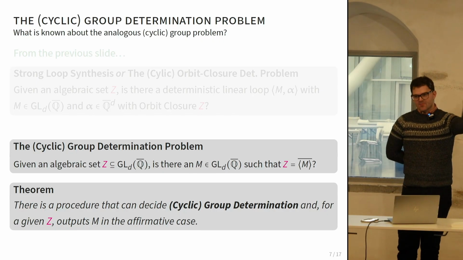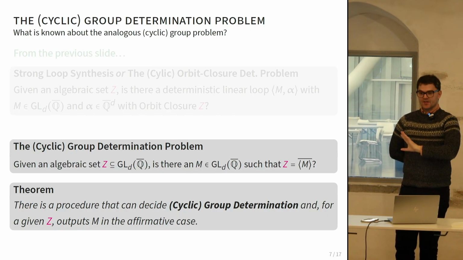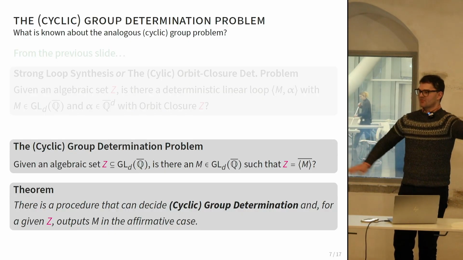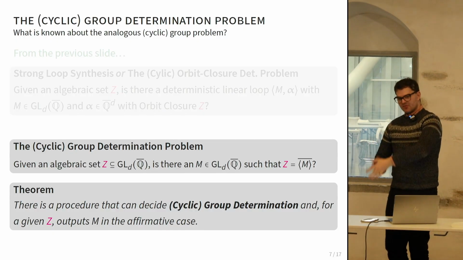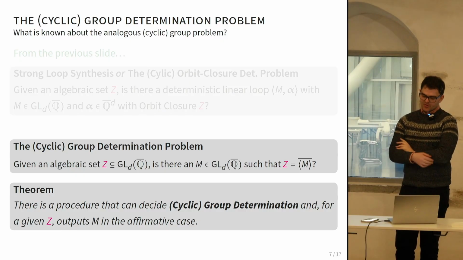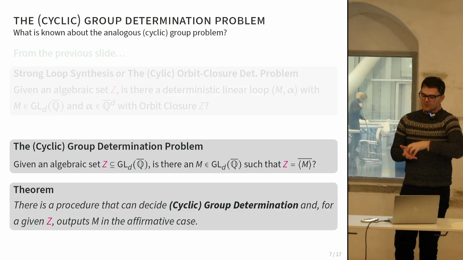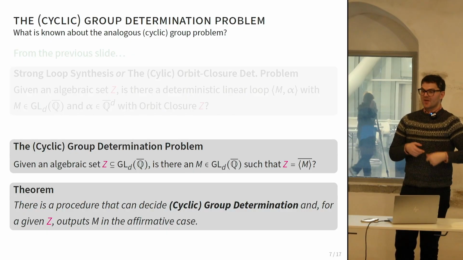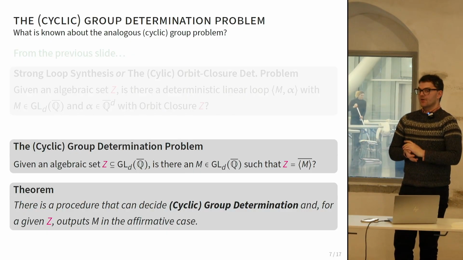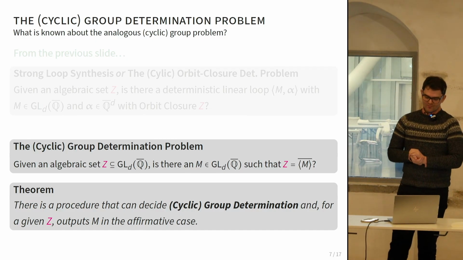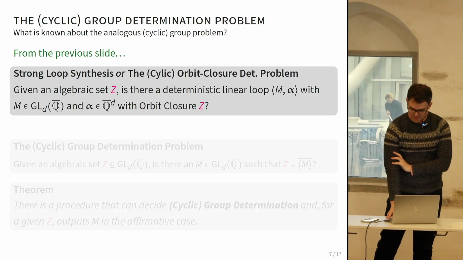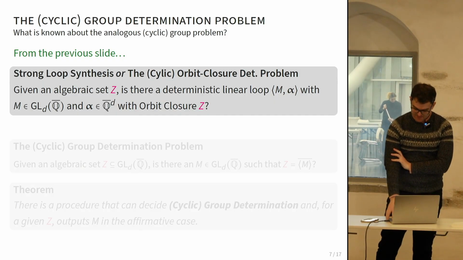But of course, these d by d matrices have d squared entries. So when I say Z is a subset of matrices, just think of this as points lying in d squared dimensions. Before you saw it in dimension 2, but now we're working in d squared dimensions. And now I'm just asking, if I take a matrix or a set of matrices, this Z, is there a group structure inside them? And in particular for this version, is there a cyclic group structure? So now we've done away with the alpha part that appeared in the previous loop synthesis.